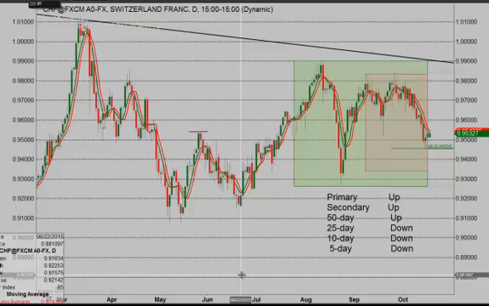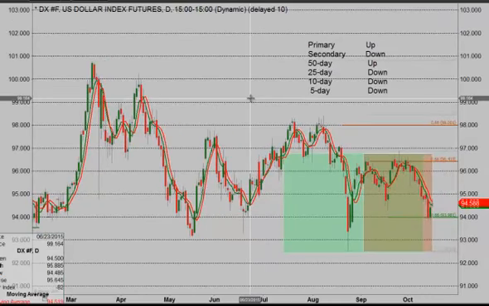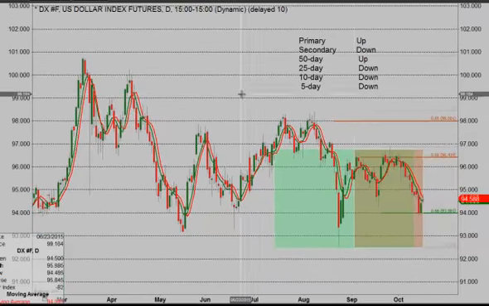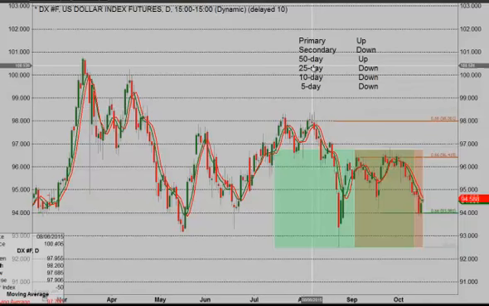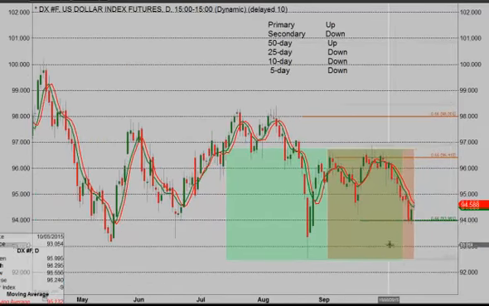Dollar index. Next market. There you go. The dollar index is kind of a neat one because it doesn't look like it. If you take your 50-day box, you're clearly in the lower third of that range. However, that pattern's up because this level's holding, and you had a test of that critical level there in the dollar index. You'd need two closes below it to shift that. So 50-day pattern here still up in the dollar index.